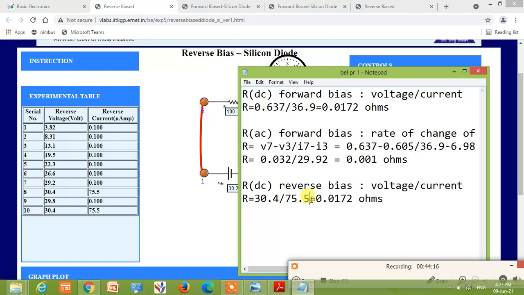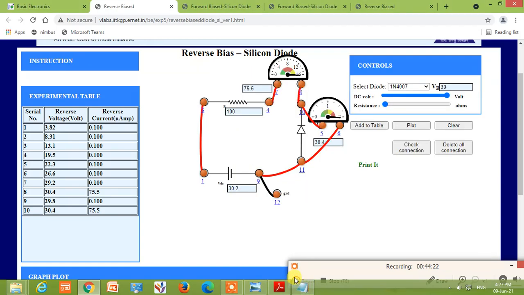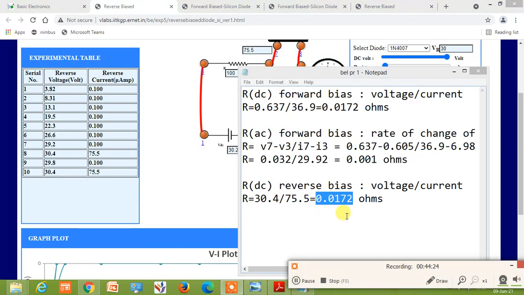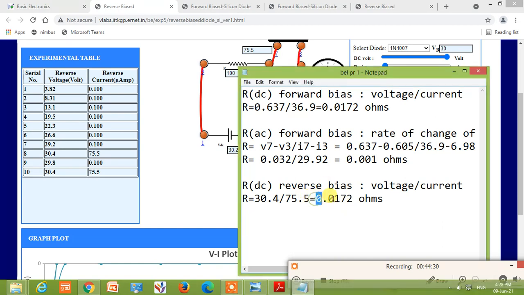So here the value comes to be 402 kilo ohms. So we can see that when the diode is forward biased, the resistance is very less, and when the diode is reverse biased, the resistance is very large.